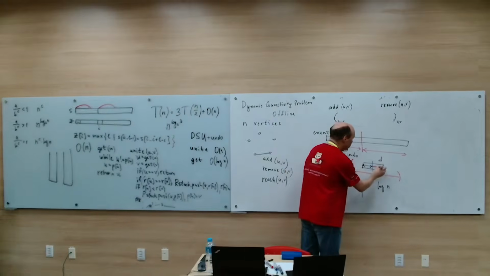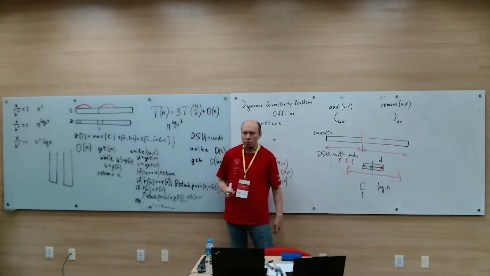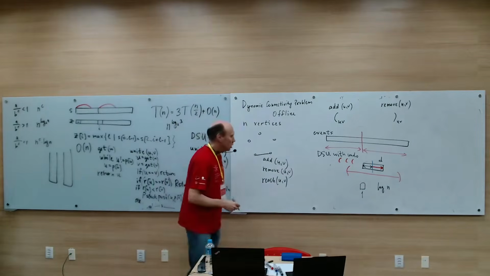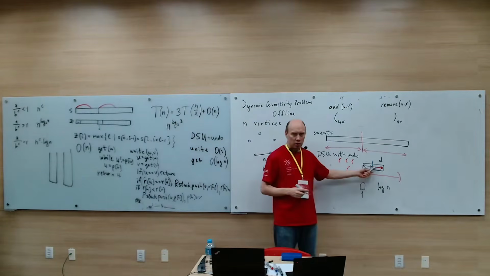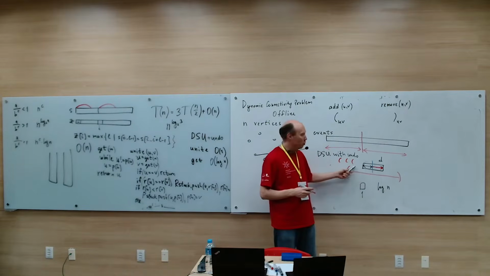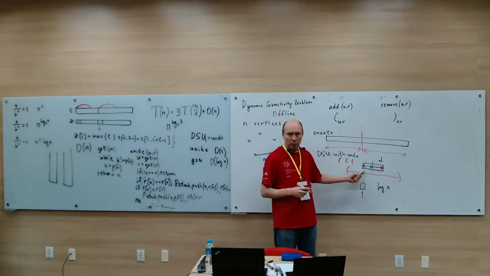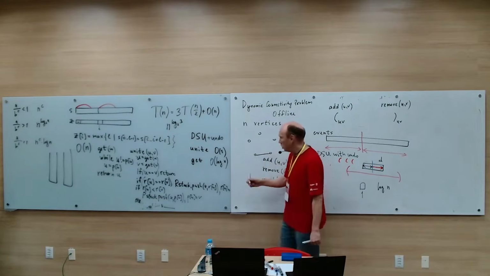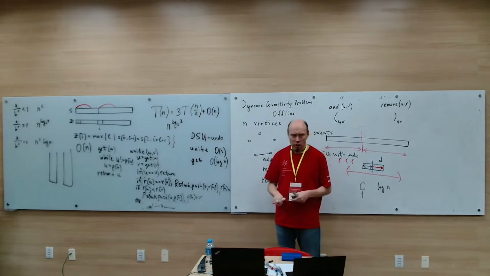So we go along the second half of our chunk and see if this is a remove event. We look where the corresponding add event is. If it's before the beginning of the chunk, then this is what we need to unite in our